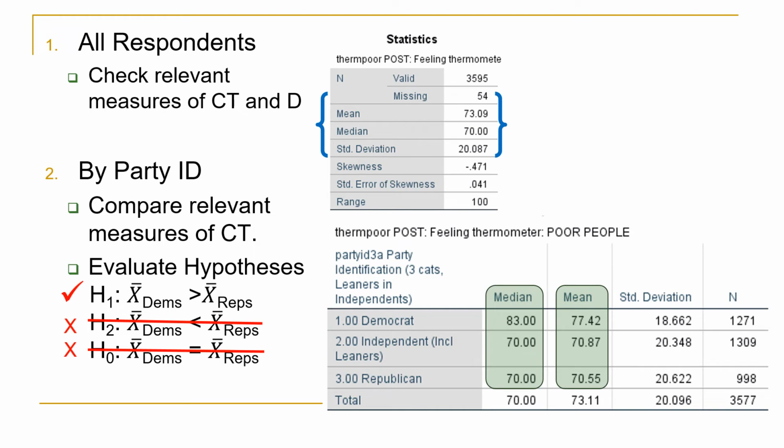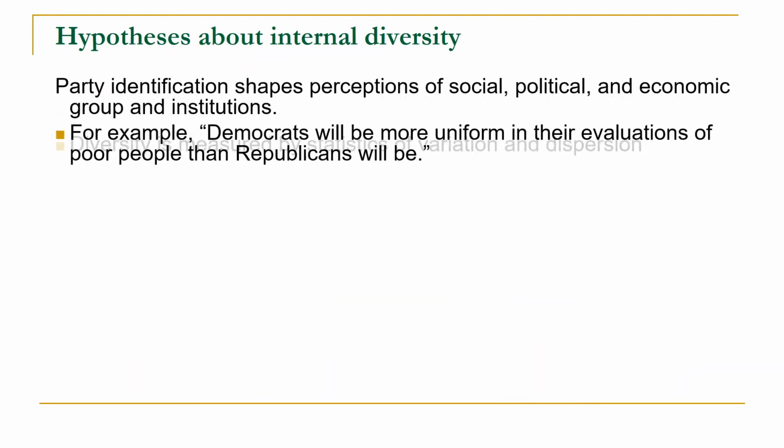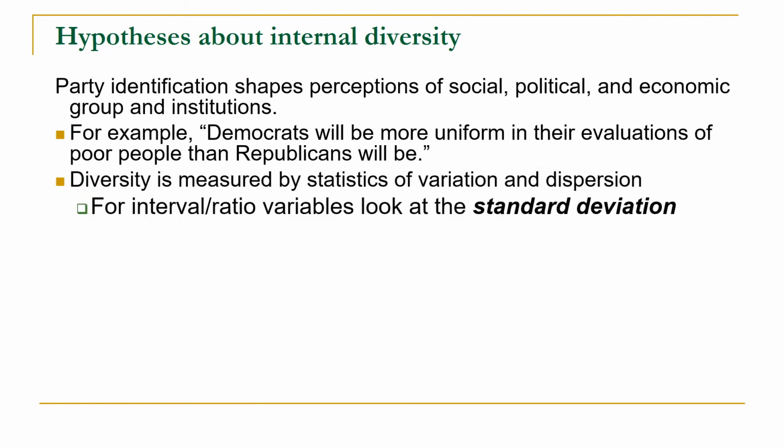But this is not all the comparison that we can draw. We can also compare the standard deviations, but let's look at the logic of that. This is actually a way of developing hypotheses about the internal diversity of groups that we're interested in studying. So again, if we work off of our theory that in-party identification shapes perceptions of social, political, and economic groups,